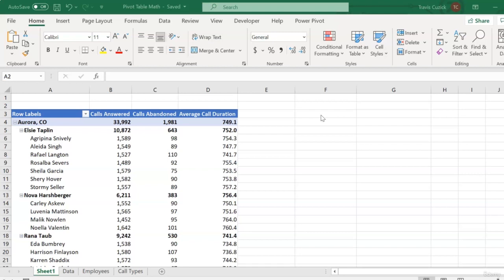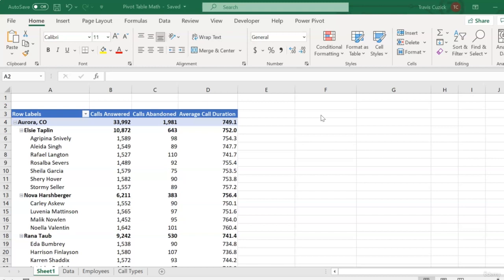Hey, welcome back. While we've been able to assemble some pretty nifty breakouts of our call center data using pivot tables, our actual calculations themselves have been pretty basic. Just counts, sums, and averages of numeric fields in our data. And to be sure, pivot tables aren't quite as flexible when it comes to crunching out complicated calculations as formulas and functions. However, there are a few tricks we can use to add some more nuanced metrics to our pivot